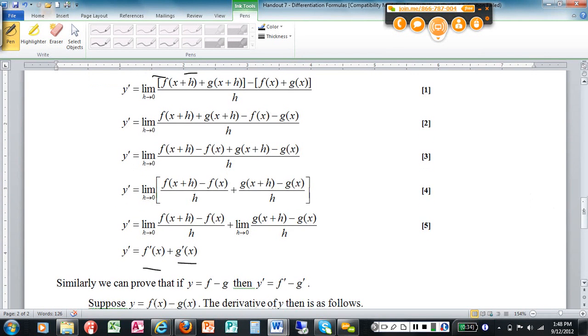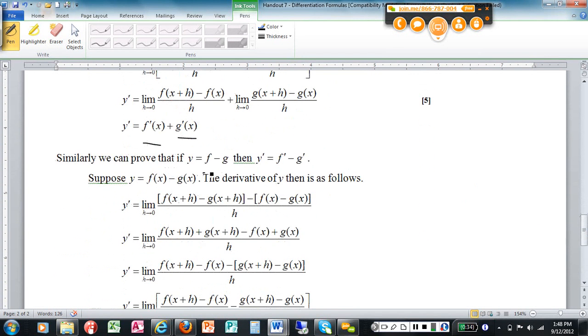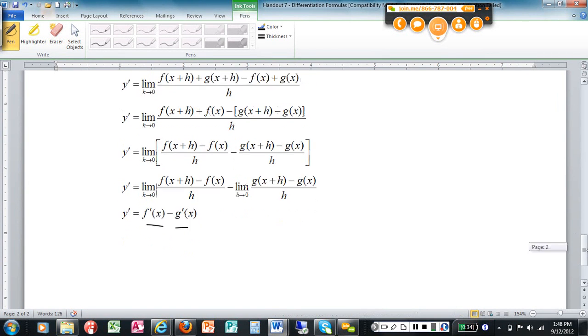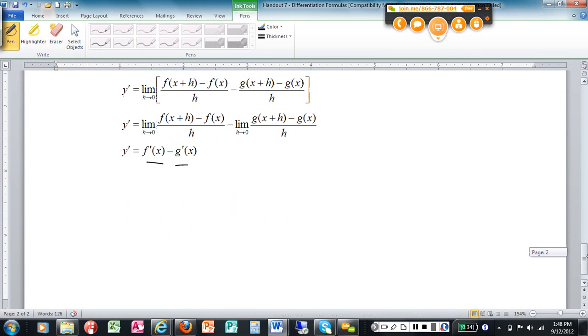Same thing can be done with f minus g. It turns out the derivative is just f prime minus g prime, and there's all the step-by-step, and you wind up with, through the limit definition, y prime is f prime minus g prime. What does that mean? I just thought of a couple more I should have done a while ago. But anyway,